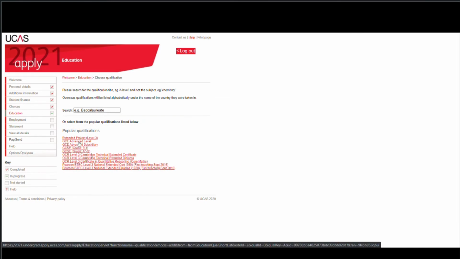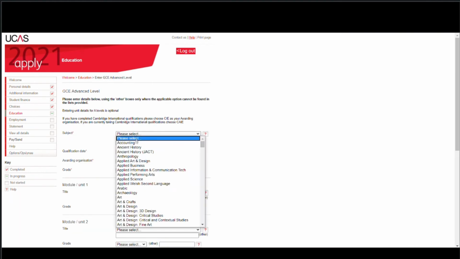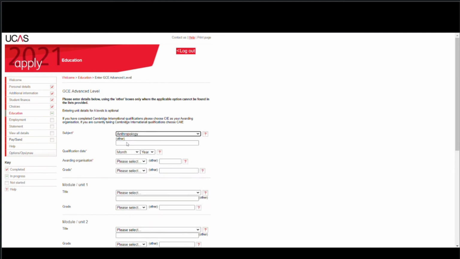Then GCE Advanced level here is the official name of the A levels. So use this one if you're going to record an A level. And exactly the same as GCSEs, you just select the subject, select the date by which you will receive the